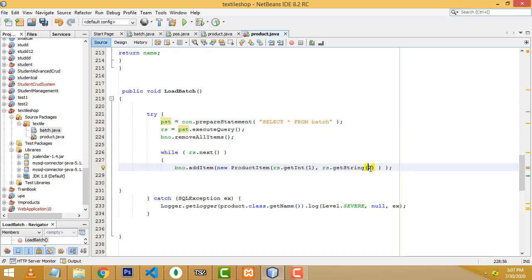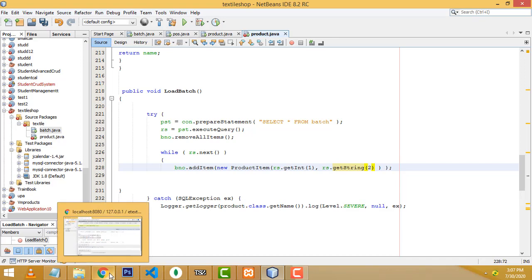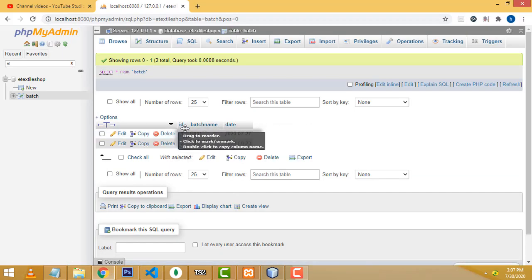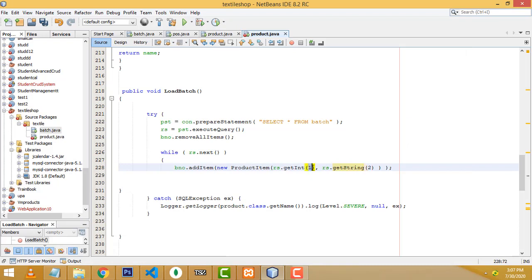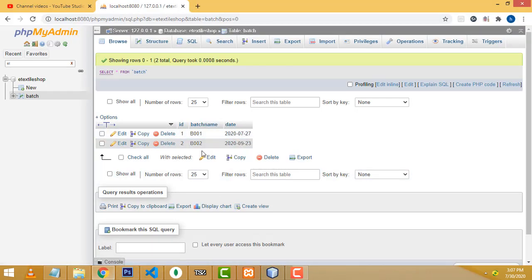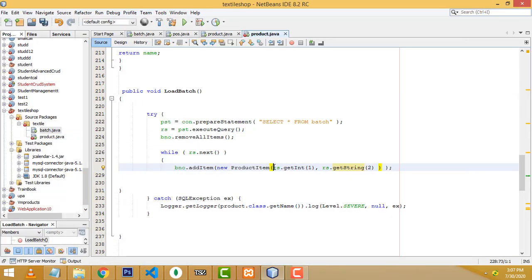So here we have to write. This one should be the second one, this is the second one. This is the first one, right? So this one should be the first one. This is ID, this is batch name. This is a batch ID, batch name. So 1 means ID, 2 means batch number. So we have to load both of these into this